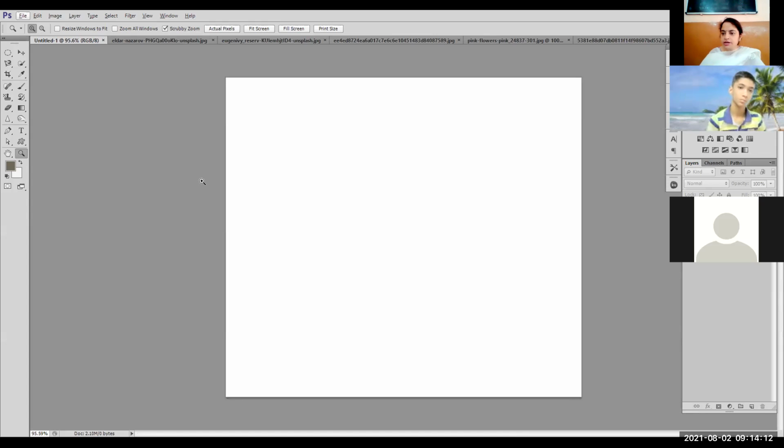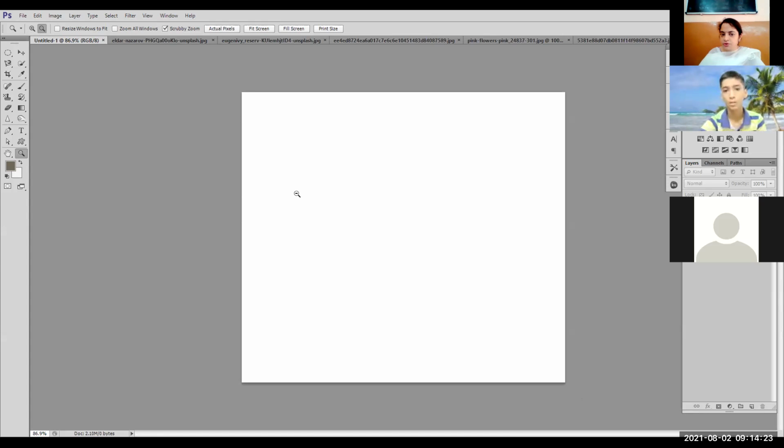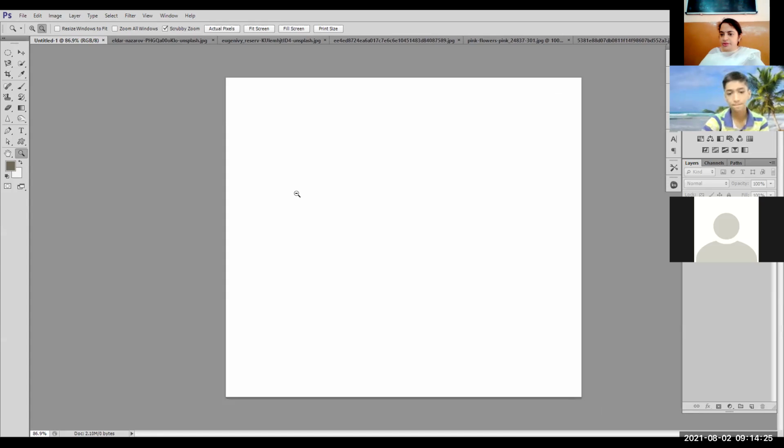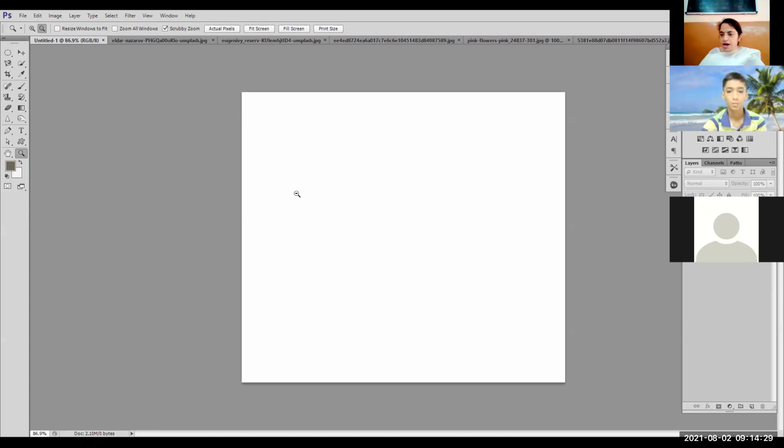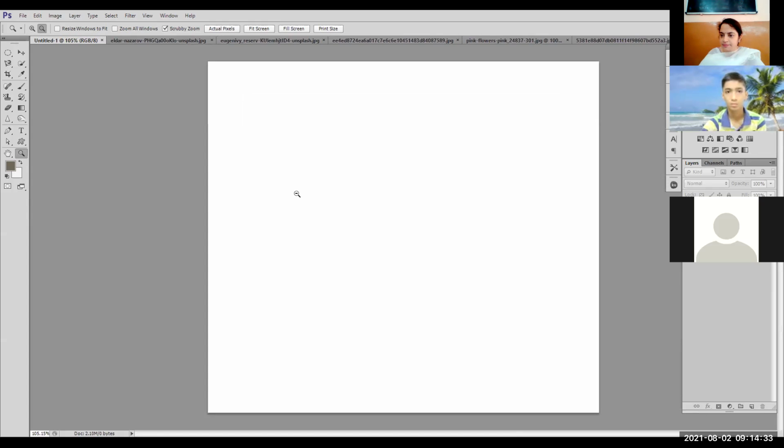Okay? Shortcut key to zoom in and zoom out: Alt and the mouse scroll key. You press the Alt key on the keyboard and move the scroll key. Zoom in, zoom out. I'm using the mouse scroll key by pressing the Alt key.